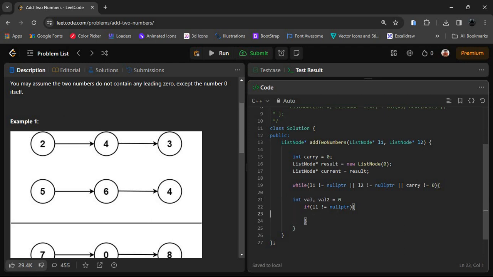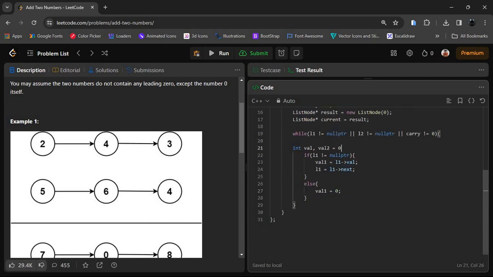If L1 is not equal to nullptr, then we assign val1 with L1 val, and we have to increment. So L1 is equal to L1 next. This is how we increment in the linked list. Else, if L1 has finished and it's null pointer, then we initialize val1 with 0.